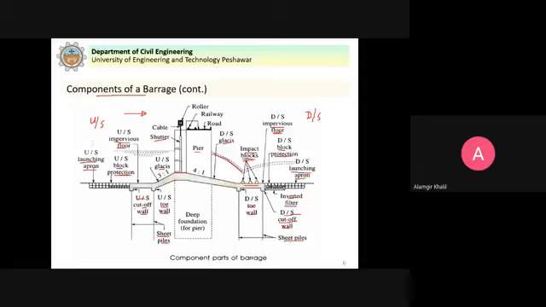So these protection works we have to provide in order to protect the structure, and these protection works keep the structure safe against the uplift pressure and the seepage forces.